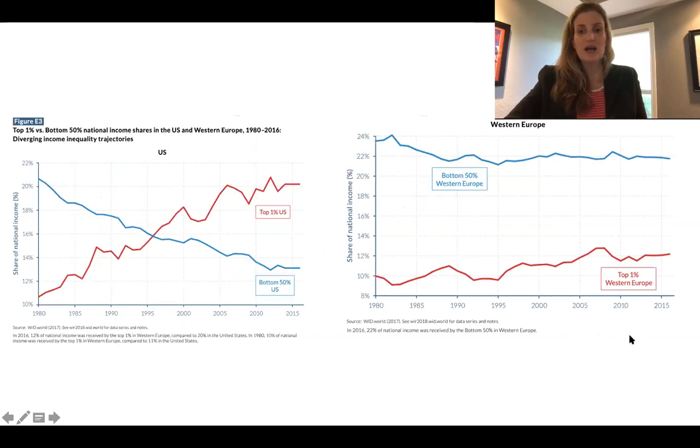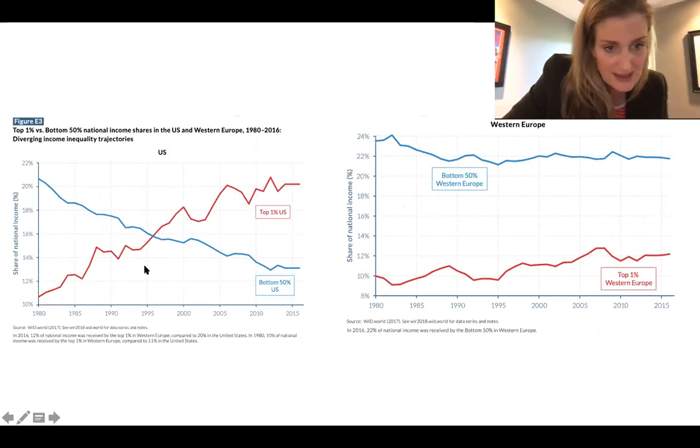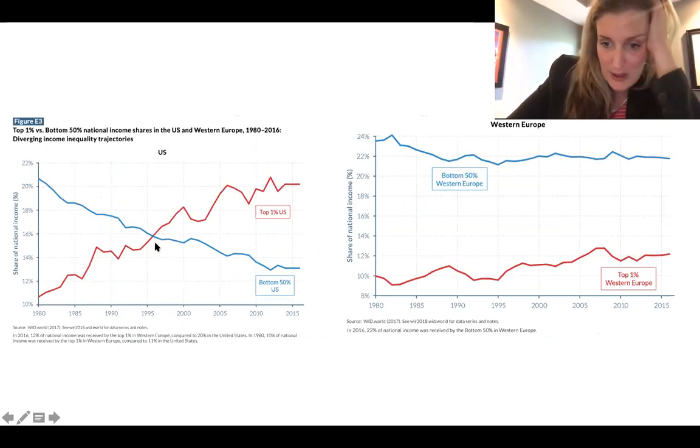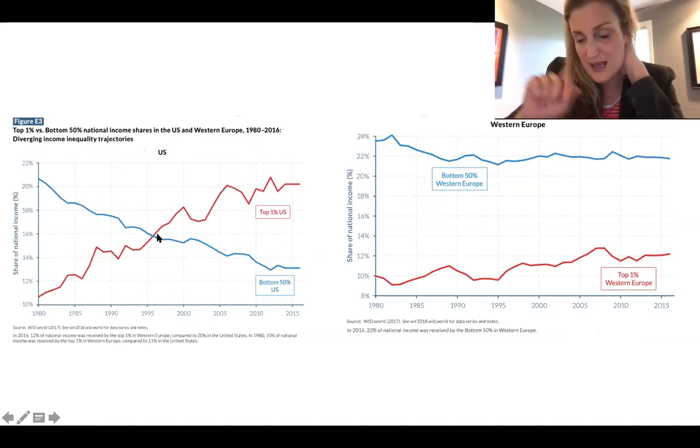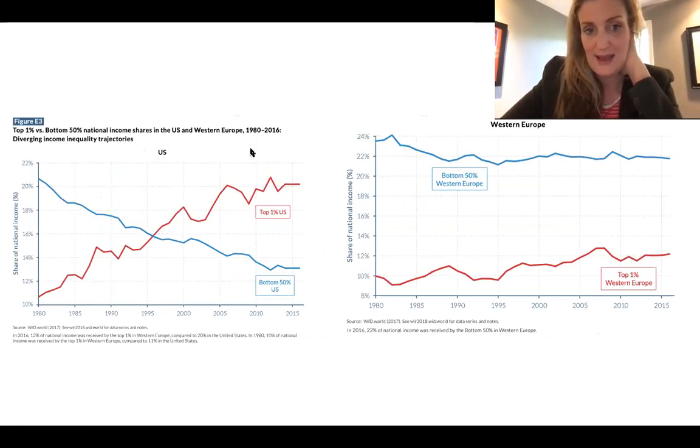This is what the inequality report is getting at. Oh, and what's so fascinating, look at this. In 1996, talk about a neoliberal nightmare come true here, the wealth of 1% of the US population surpasses the wealth of an entire half of the country. And look at the trajectory we're on. It just keeps going and going and going.